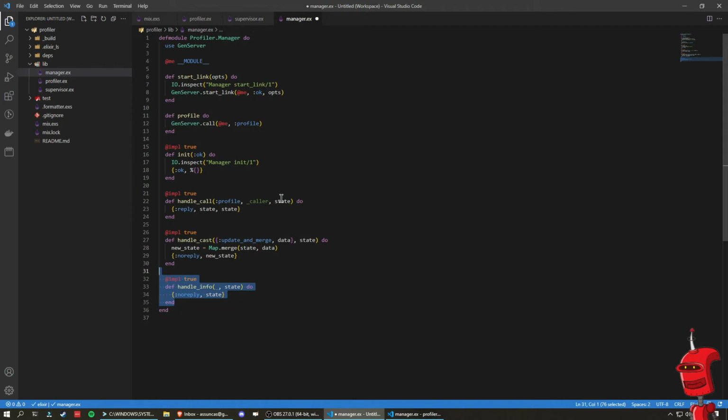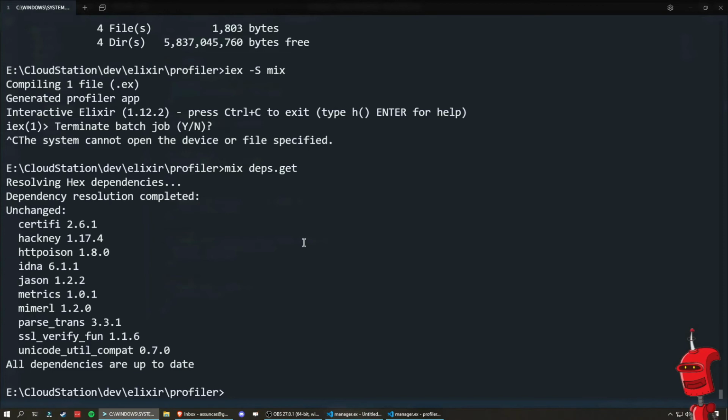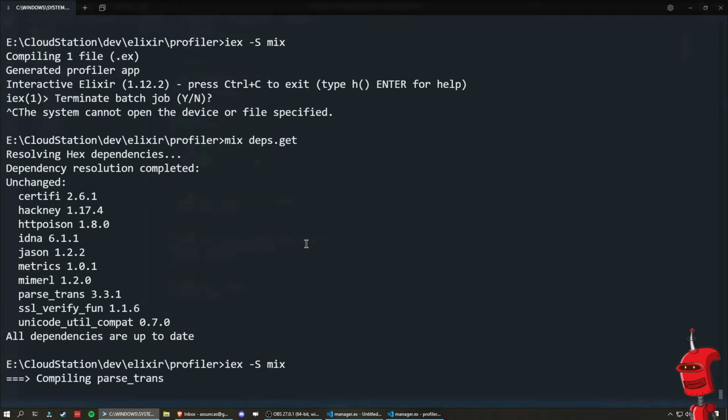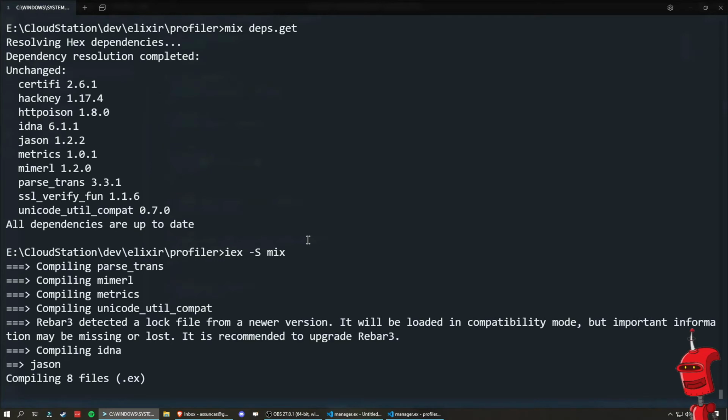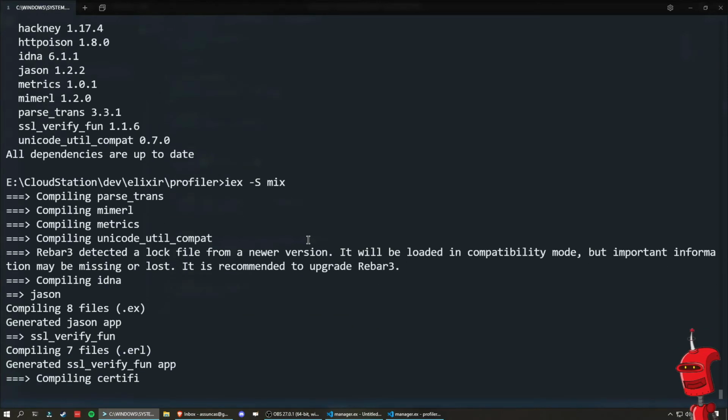So we just let it pass for any other message that we don't care about. If we start our application now by using iex -S mix, it's going to compile our code because we have new dependencies. It's going to recompile a bunch of things, and eventually